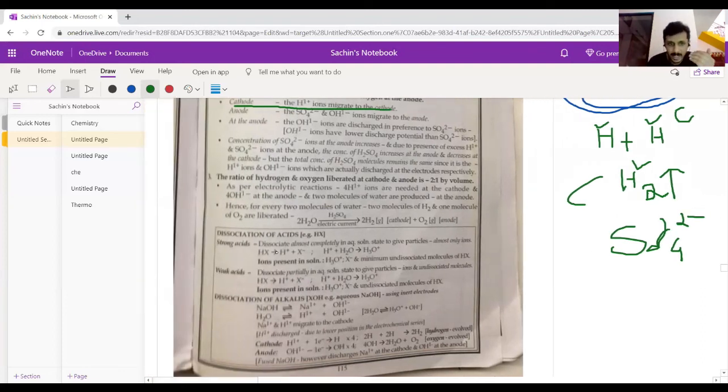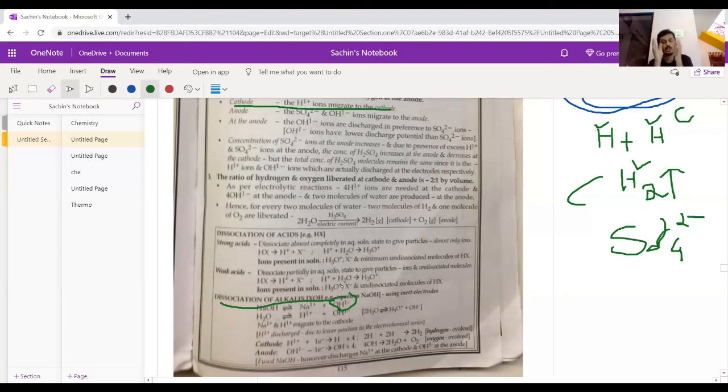So the dissociation of acid can happen. Acid can catalyze the dissociation of water. It can be a strong or weak acid. Similarly, you can take an alkali like NaOH or KOH, because they produce OH minus ions. They also catalyze the dissociation of water. But the end product is the liberation of 2 hydrogen for every oxygen. For example, if you take 4 molecules of water, 2 hydrogen will be liberated at cathode and 1 oxygen will be liberated at anode. These hydrogen and oxygen molecules will come as gas bubbles. This is how dissociation of water happens when alkali or acid is used.